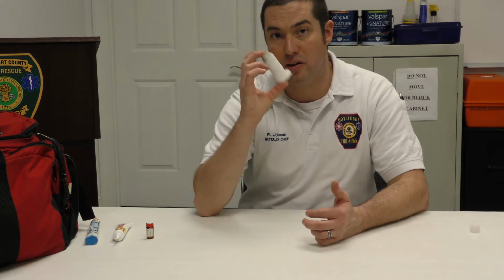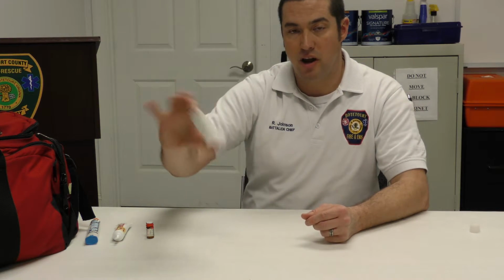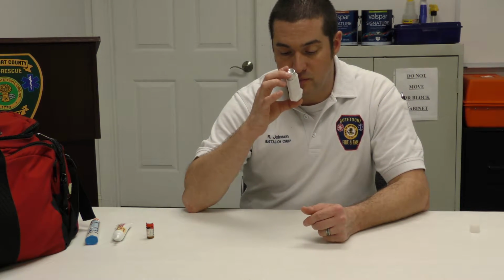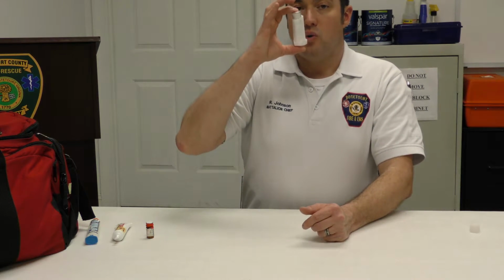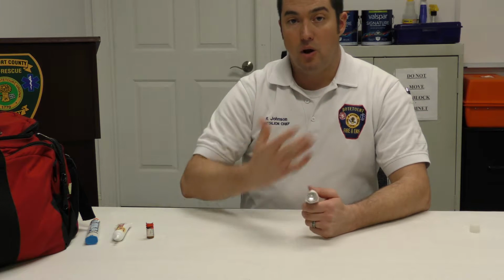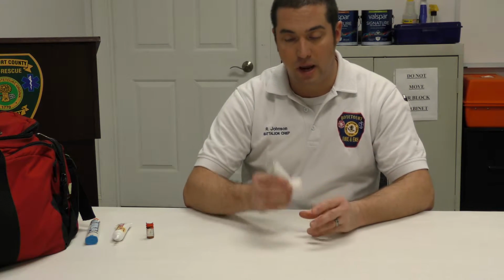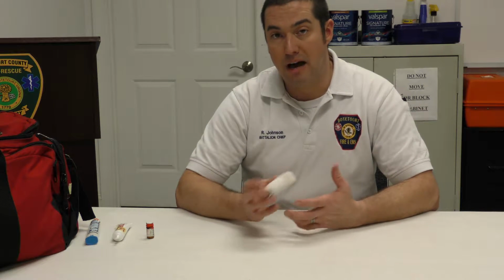That will allow the medication to go deep down, because that's where it needs to get to do its job. This doesn't do any good in the back of the throat. So you want to make sure they, once again, shake it up, seal, inhale, squirt, hold, continue inhaling until they can't hold anymore, then hold their breath for 5 to 10 seconds, and then exhale. So that's how we would handle that. And of course, we would put those patients on oxygen. If they're having a lot of difficulty breathing, we would give them high flow O2, 15 liters per minute, oxygen,